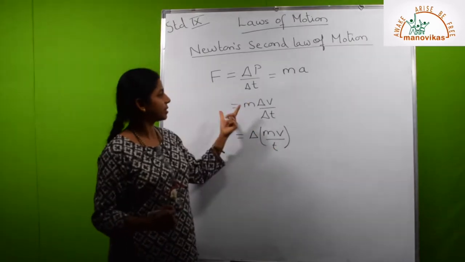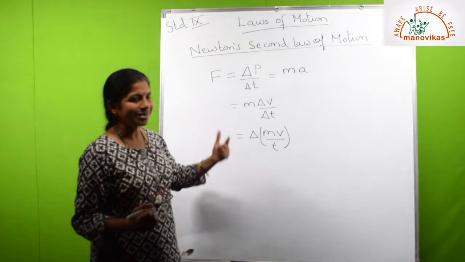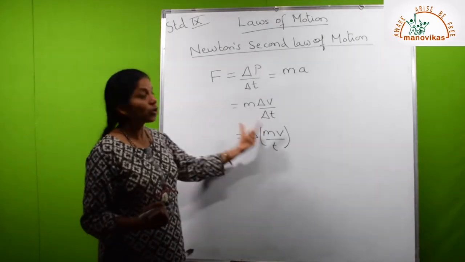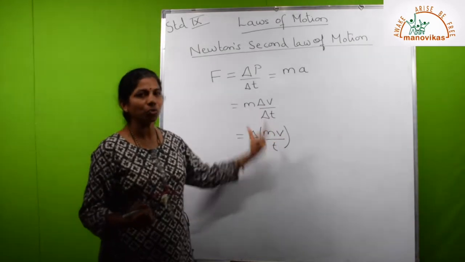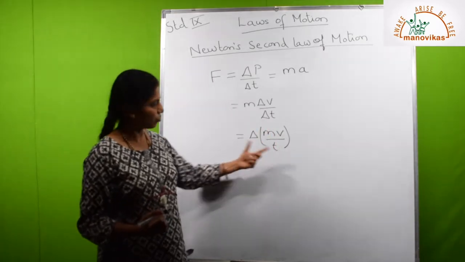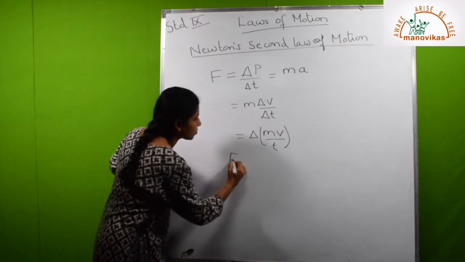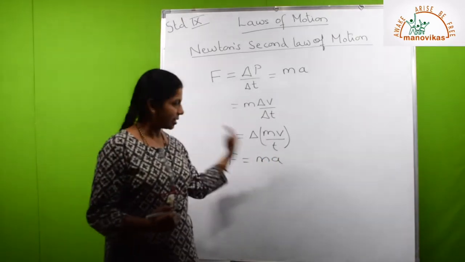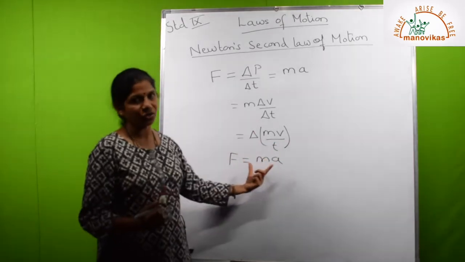So in fact this is the mathematical equation of Newton's second law of motion, and you can state Newton's second law of motion as: force applied is equal to the rate of change of momentum, provided mass remains the same. Okay, and this is the mathematical statement, that is F is equal to ma. The force applied should be in the direction of motion to produce the change, right?